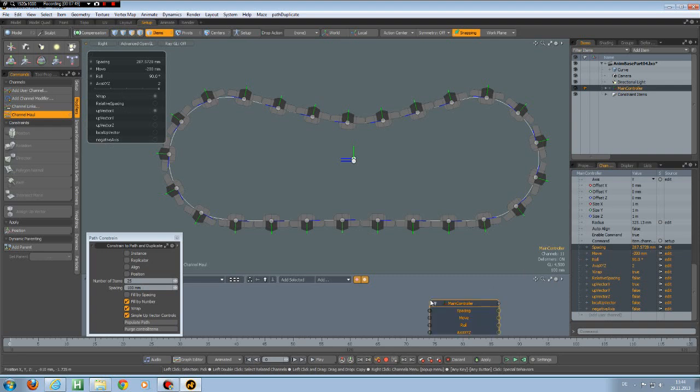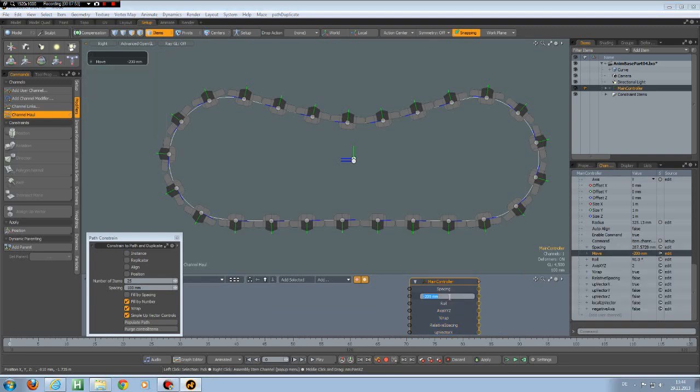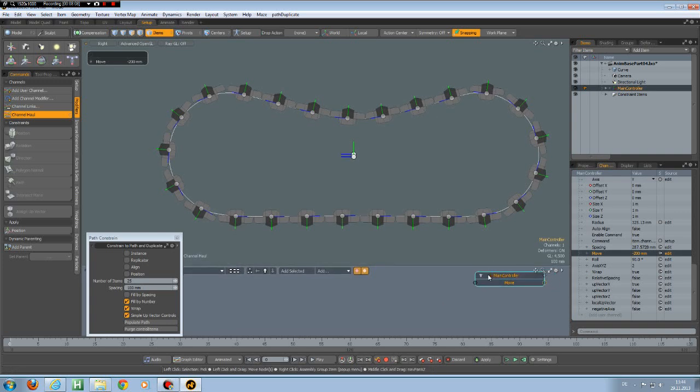So I bring it into the schematic view. I am only interested in move, sorry. So right click on it when it's highlighted, click on separate channel, hit the backspace key to get rid of the rest, put this main controller to here with the move channel,